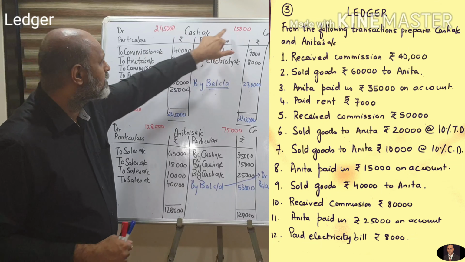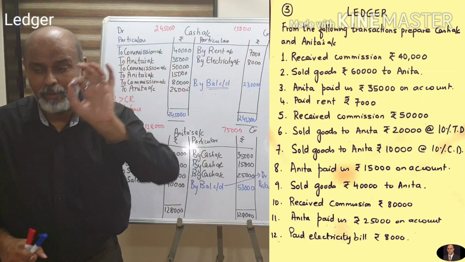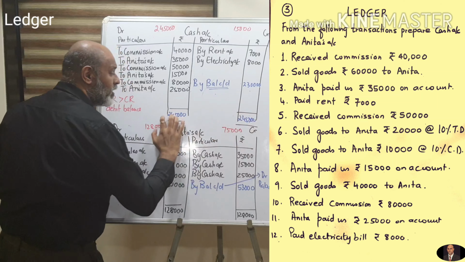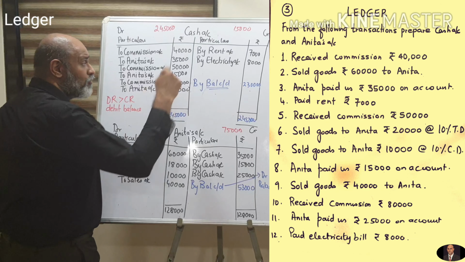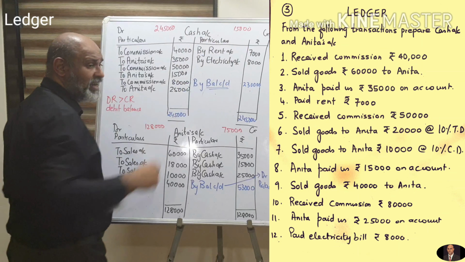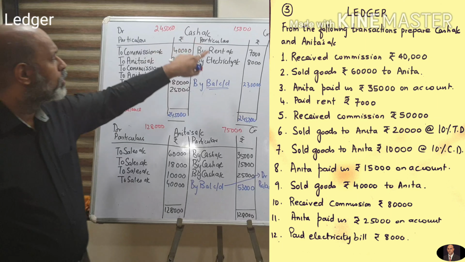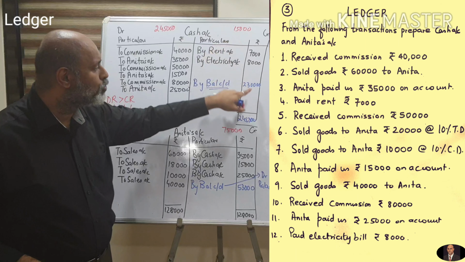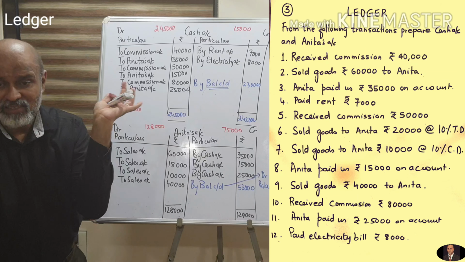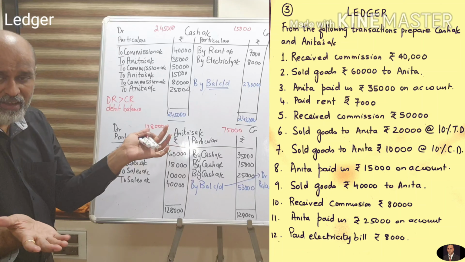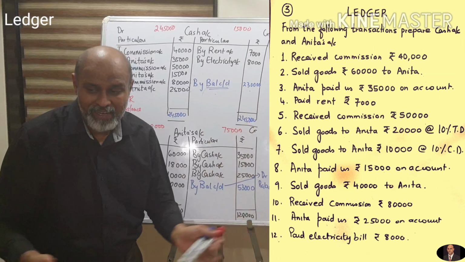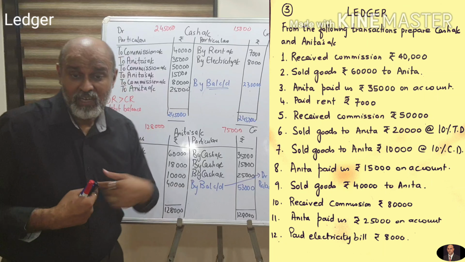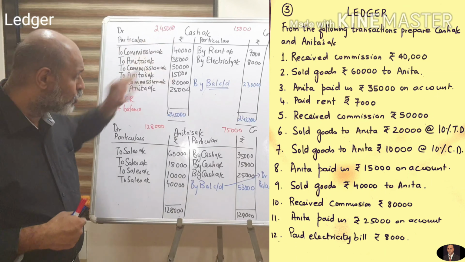You total up both the sides in rough, you put it on top, in pencil. Then put the heavier figure on both the sides. Then from the heavier figure minus the lighter figure. So 2,45,000 minus 15,000, you put it on the lighter side, then it will balance, just like a weighing scale. When they put the scales in the proper place, it balances. So this is your balance, 2,30,000. This is the amount which we have. This is what the ledger account shows us.